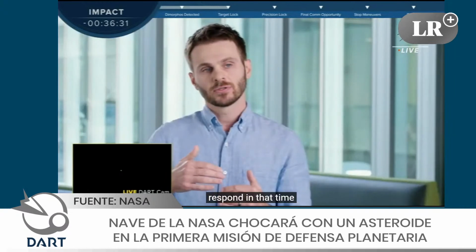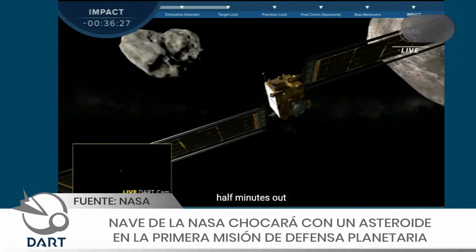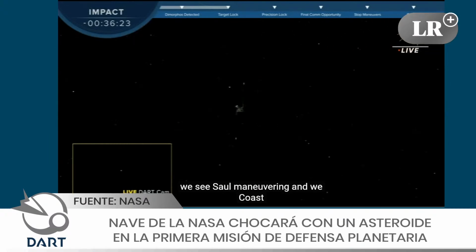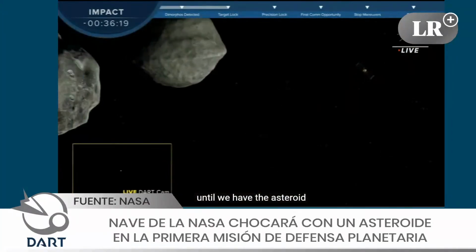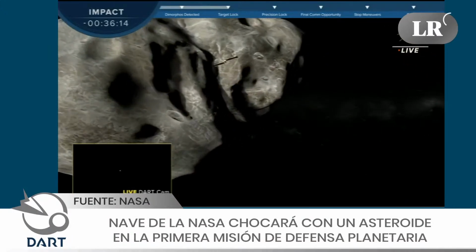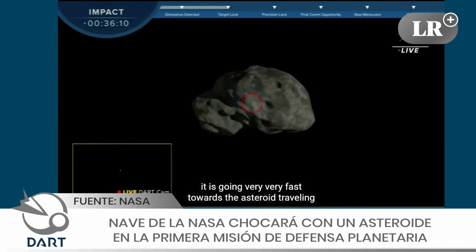And at about 2.5 minutes out, we cease all maneuvering and we coast until we hit the asteroid. It is going very, very fast towards the asteroid, traveling at 6 kilometers per second. 200 times faster than a car on the freeway. So when we hit,